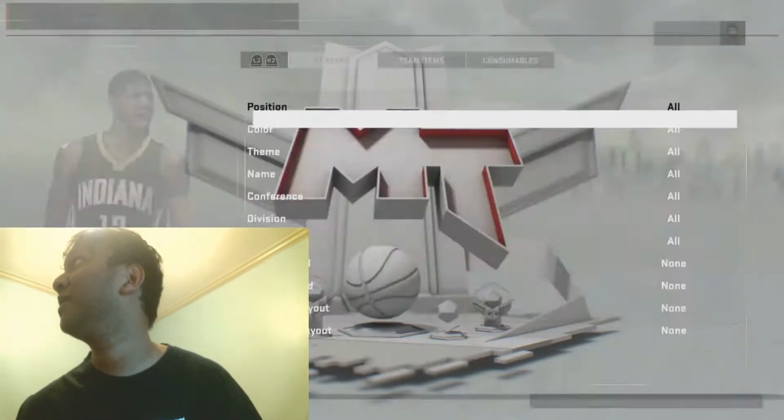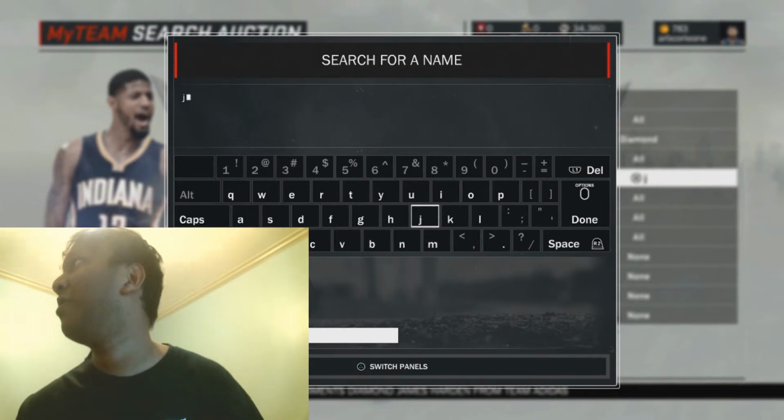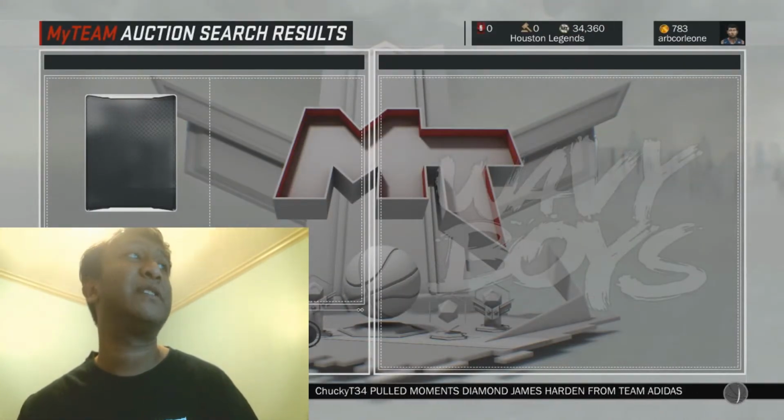Another thing you can do is, let's say Amethyst Diamond. I was gonna put Amethyst on this. You can do the same with Harden, the Diamond Harden, and then you put max buyout 500, right? And a lot of people, since it's gonna be flooded,